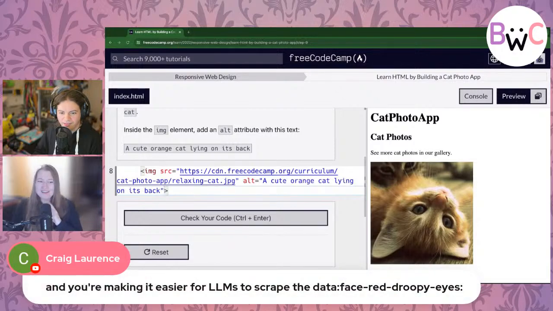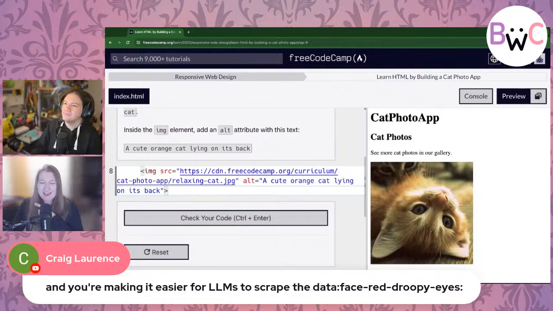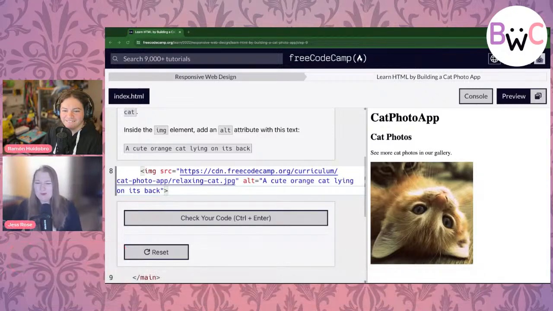Craig's after my own heart and saying, "Oh, you're making it easier for LLMs to scrape the data." This is an advanced level comment. So large language models are what we often think about where people talk about AIs. These are big models laid over data. And I'm actually going to be giving a talk at FOSDEM in a couple weeks about non-scraping routes. Right now AI models often scrape the web and take everybody's stuff without asking, which I also don't love. But there are other alternatives.